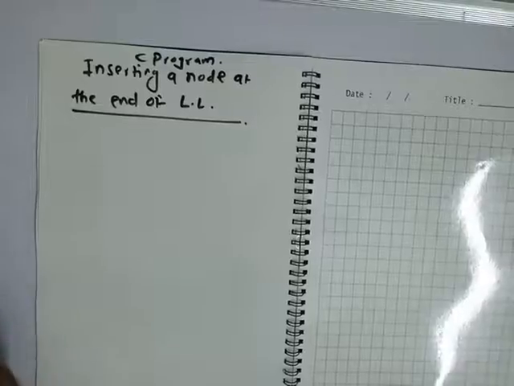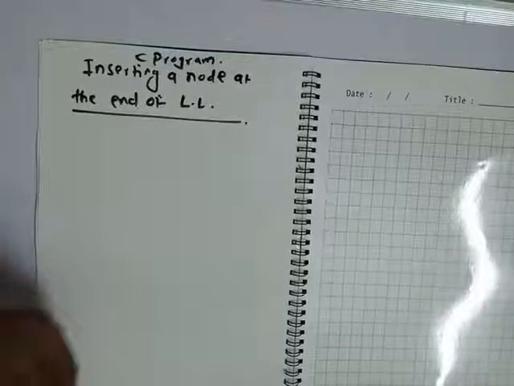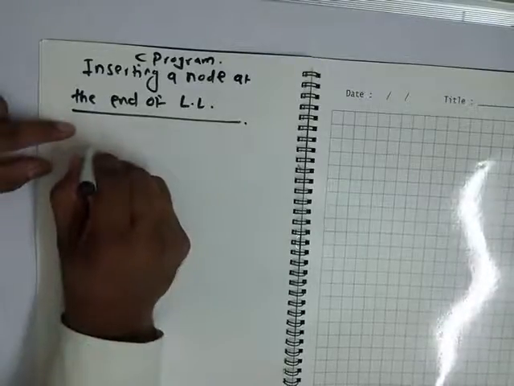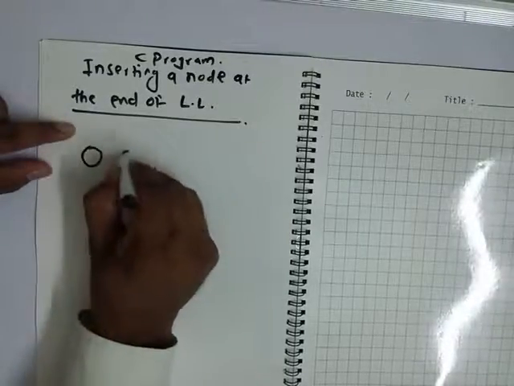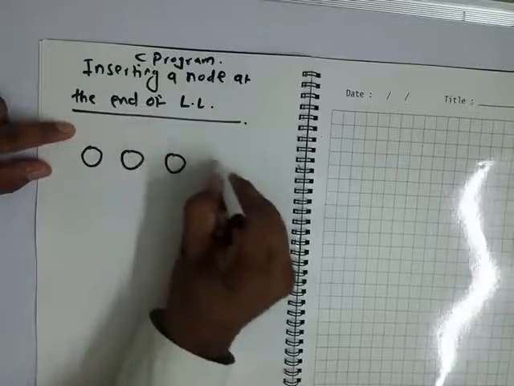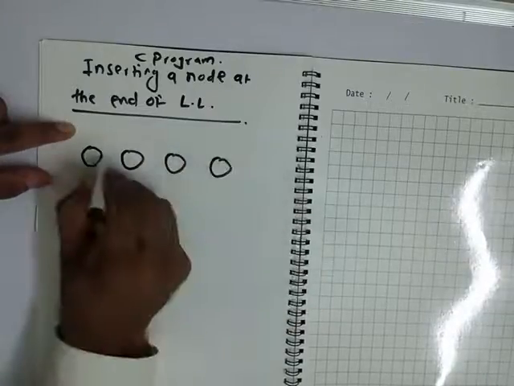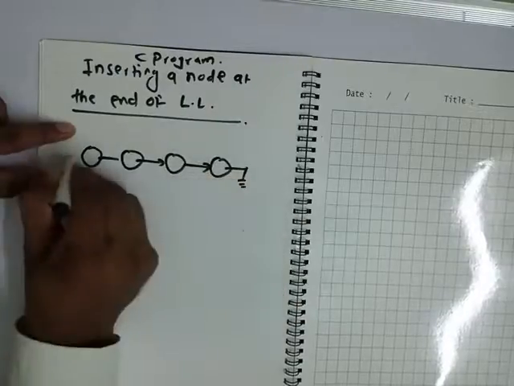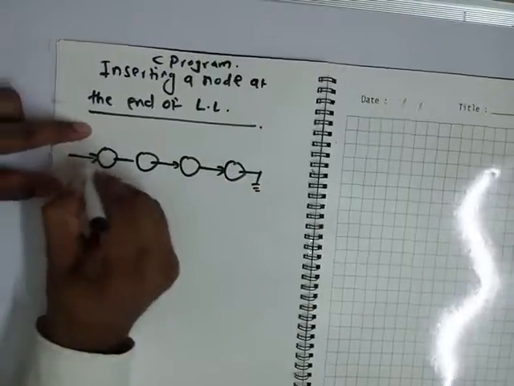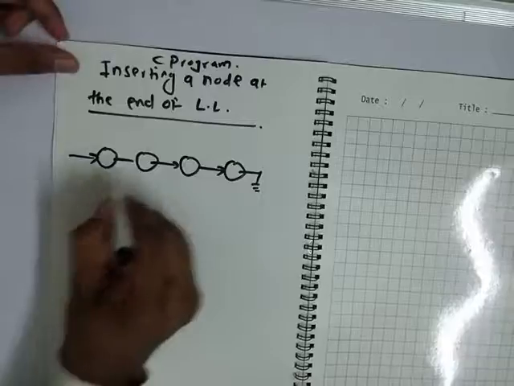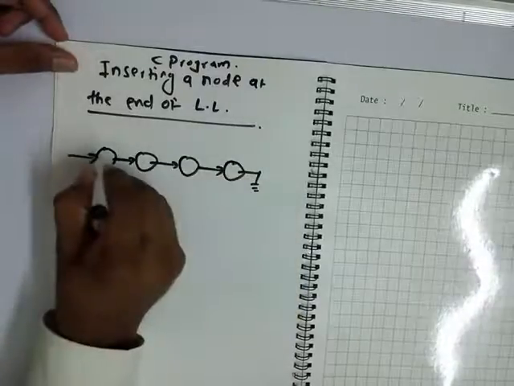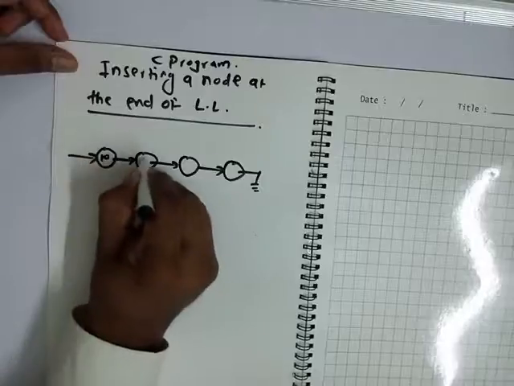Hello friends, in this video we will discuss how to insert a node at the end of the linked list. So let's say this is our linked list containing some nodes. If the linked list does not contain any node, then there will be no problem absolutely. It will be a very easy case in fact. But let's say there are some nodes in the linked list